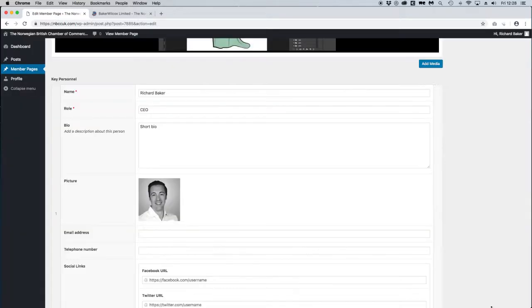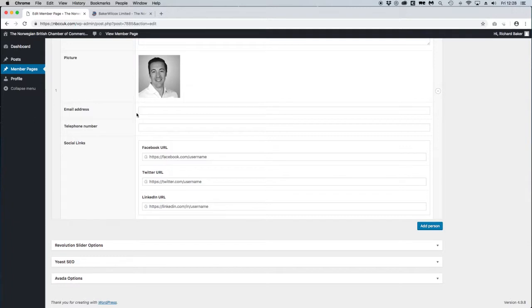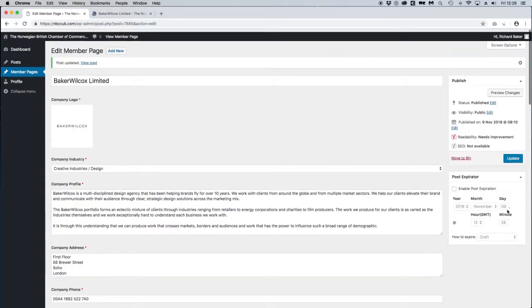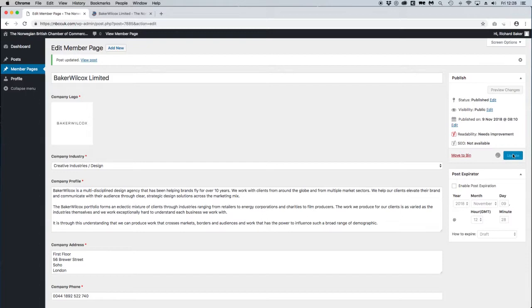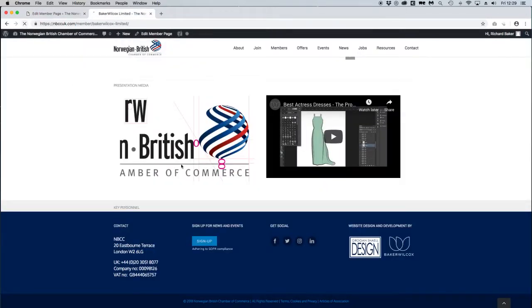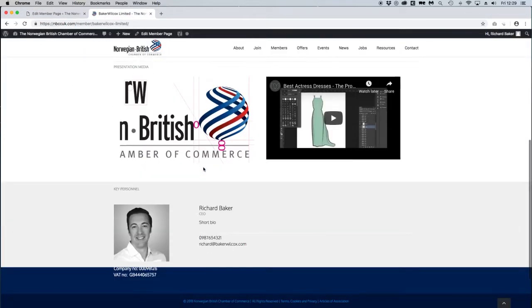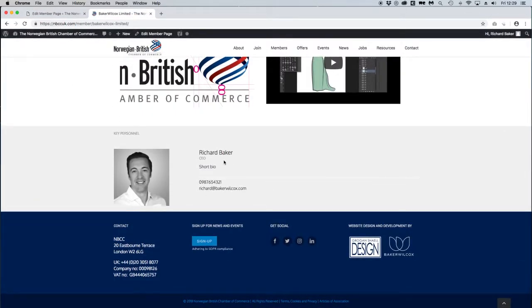you can upload a picture and add a picture, email address, telephone numbers, and you can put in your private LinkedIn accounts and social media accounts in here as well. But for the sake of the demonstration, I won't do that. But then you can come back and update the page, go back to the live site and refresh the page, and then you can see that the key personnel starts